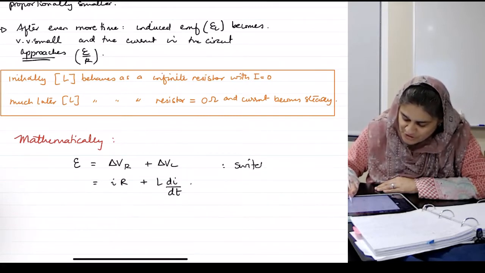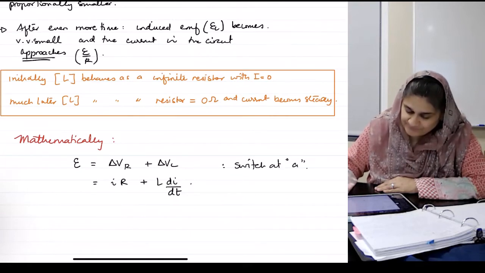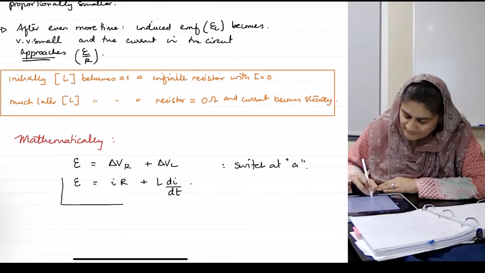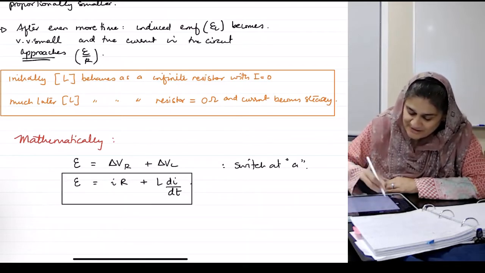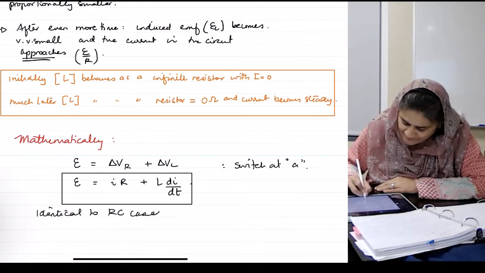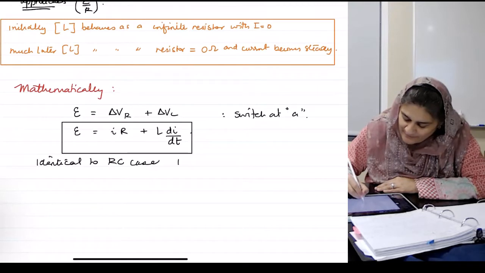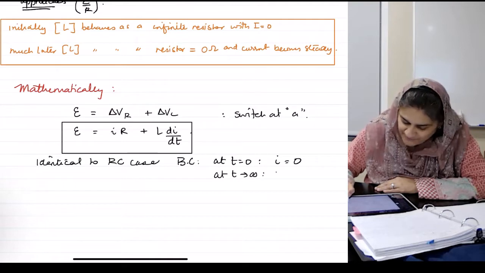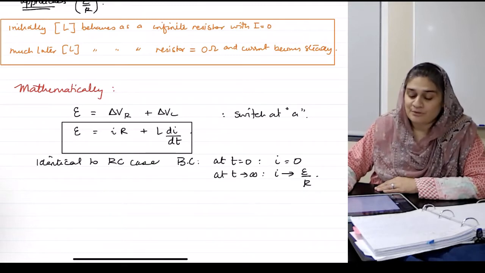for switch at position A. So this is identical to the RC case, and I will not do it. With the boundary conditions now at t equals 0, I equals 0, and at t equals infinity, I goes to E over R. So I will leave it up to you guys to derive,